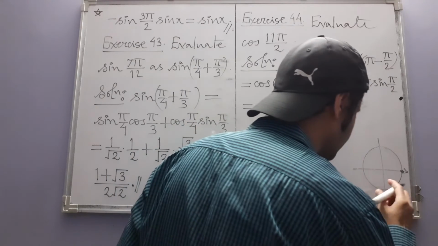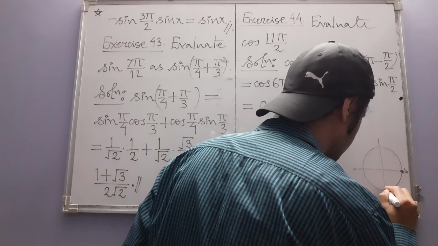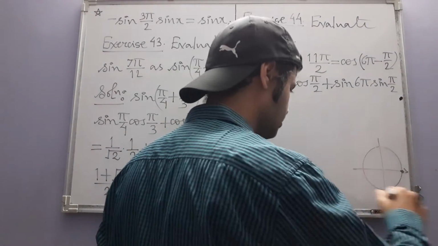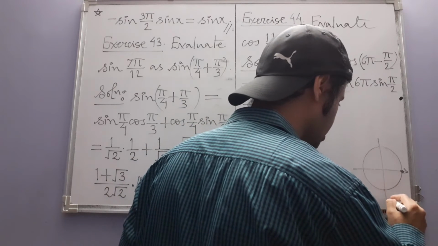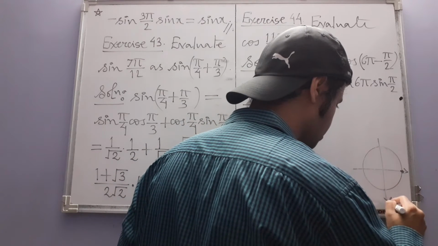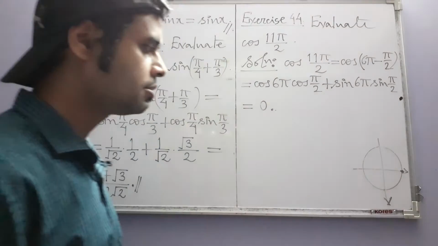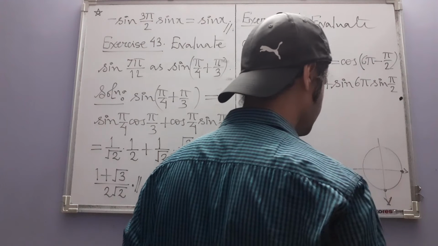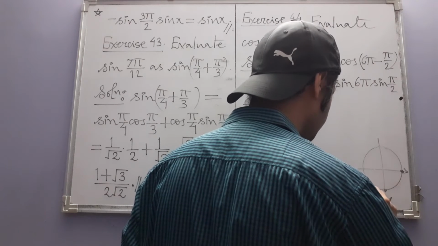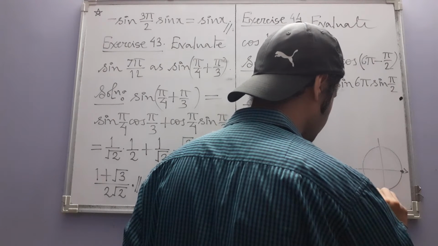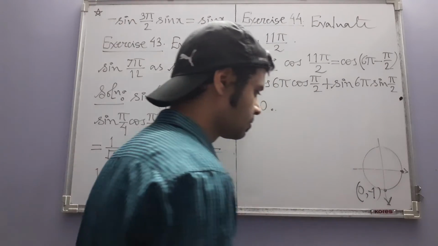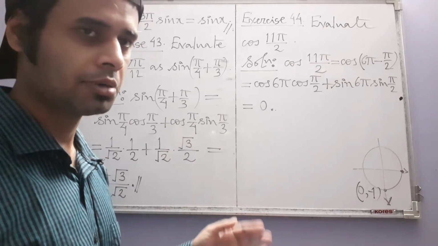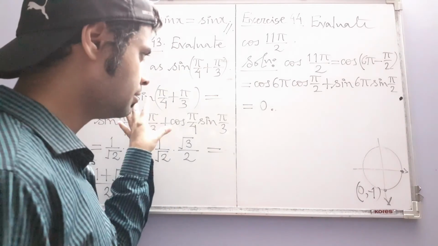Okay, so that means the entire angle is going like this, and eventually the final ray is this, the terminal ray that intersects the circle at this point, whose coordinates are what? 0 comma minus 1, and the cosine value is the x coordinate, so that is why it is 0. But of course, because we are in this